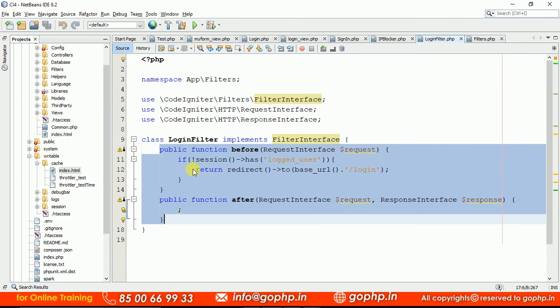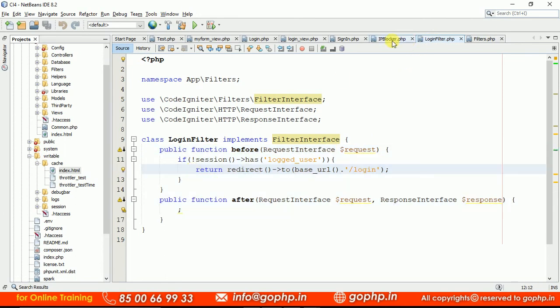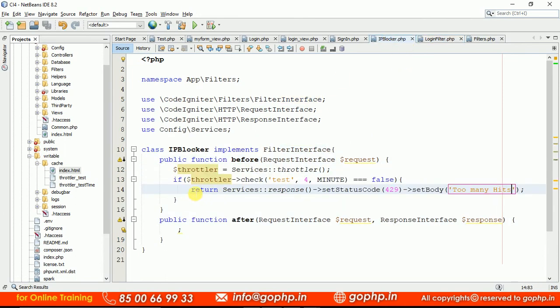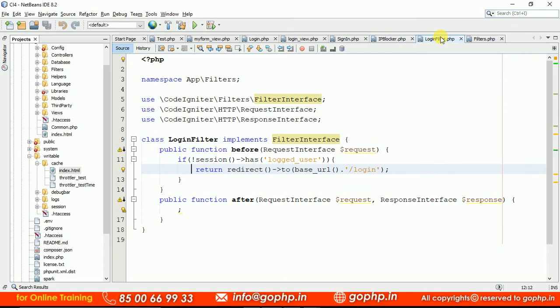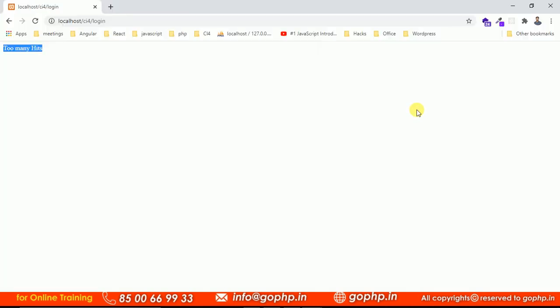In place of it, where is this exactly? IP blocker. Here we can redirect with a success, with an error message also. We can write simply session of redirect, and by creating flash data also we can redirect to the particular current URL, whatever it may be. Yes, we can do like this also, guys. Anyhow, we are able to apply not only for this login form,